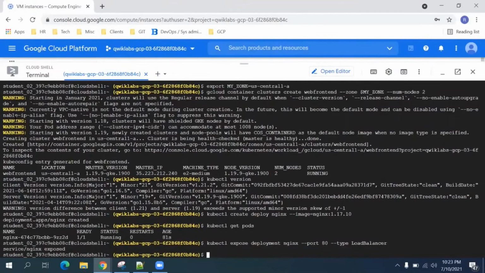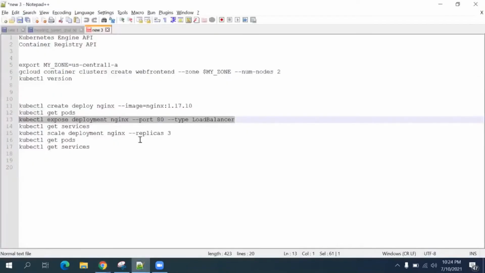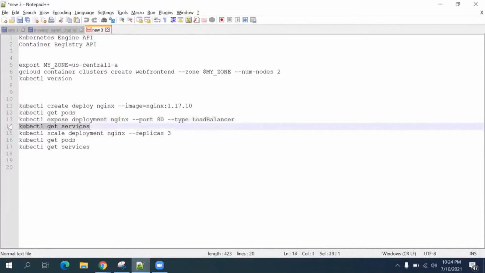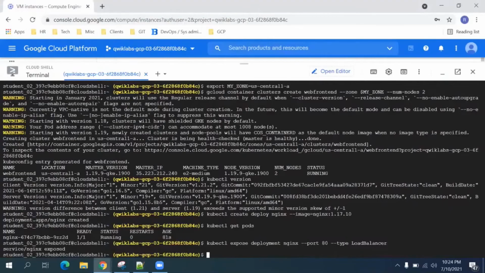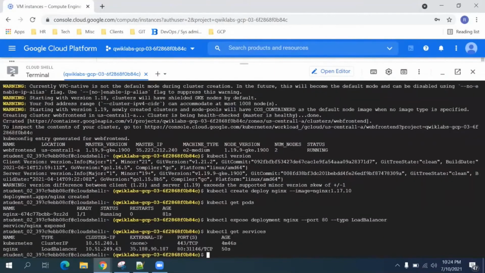Okay, so by this command, Kubernetes created a service and an external load balancer with a public IP address attached to it. The IP address will remain the same for the entire life of the service. And we can also view the new service using this command. Okay, so this is the external IP, and we will use this to test and contact the Nginx container.